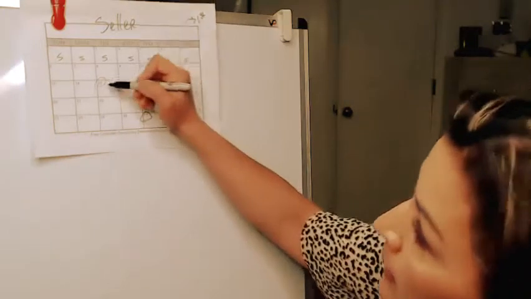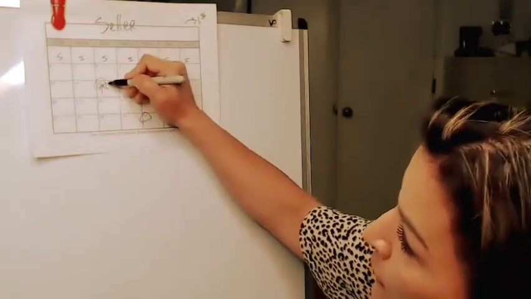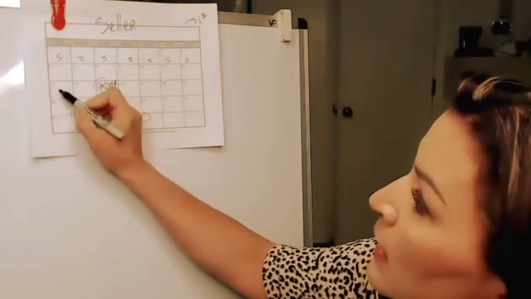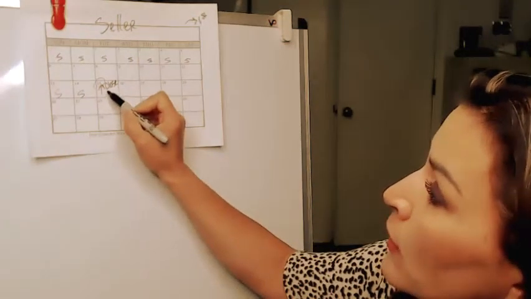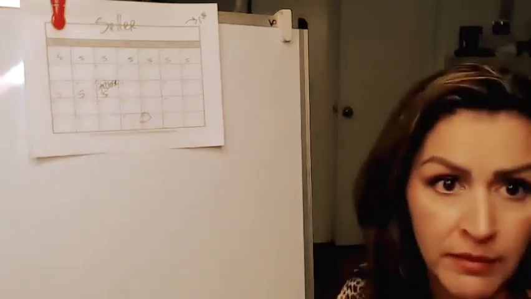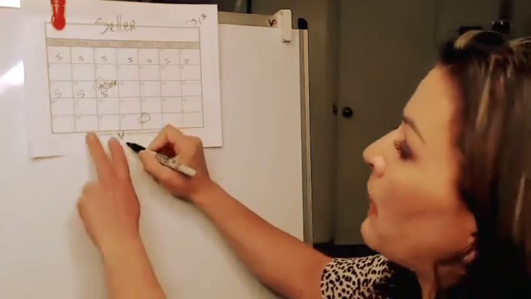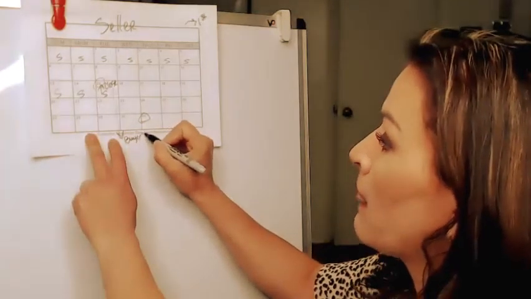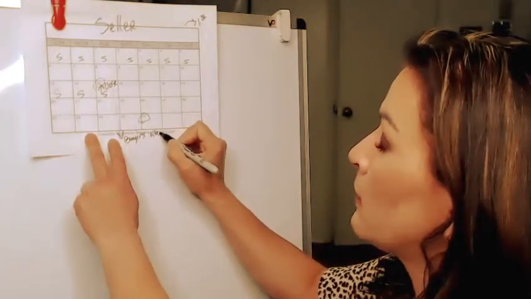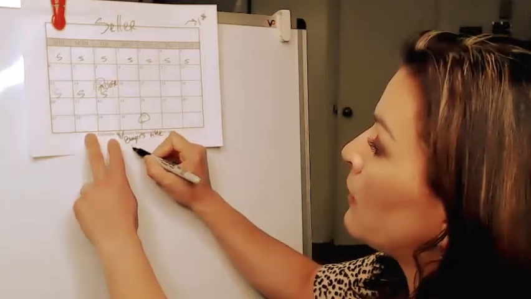But at this point, if they do close early, then the seller will be paying prorated interest all the way to this date only. As of this day, the property now becomes the buyer's in title,